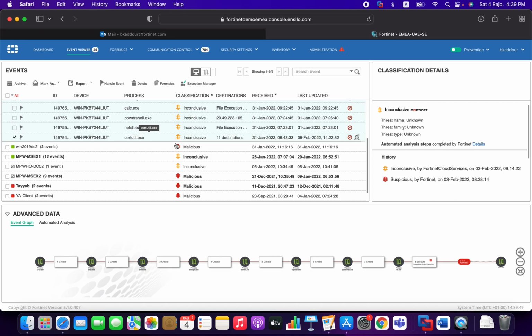FortiEDR solution is smart enough not to overload your interface with the different events. So here it will tell you that we've got certutil as a single event, but I've done correlation for you, or I've collected all the related events related to this process in one single event. So as you can see here, we've got 11 destinations. So